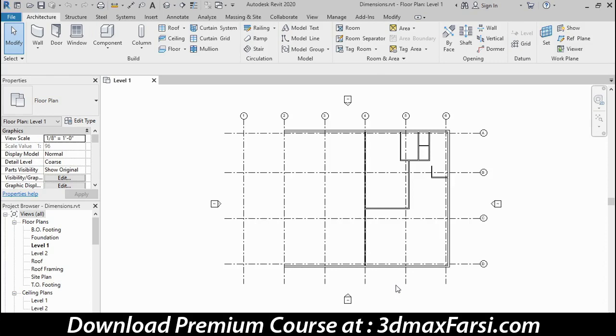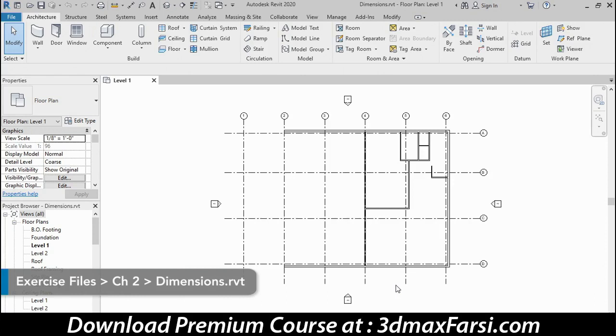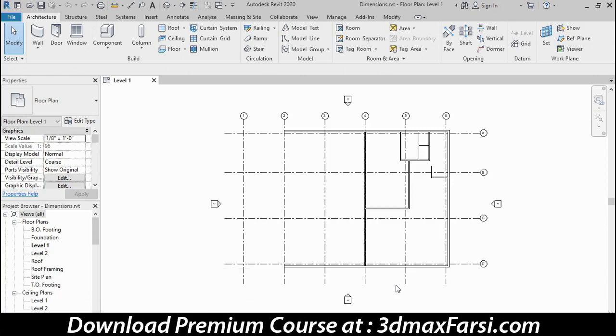When you first begin your wall layout, you'll often sketch in the approximate locations of the walls and then come back and manipulate those more precisely later. Now, this is appropriate for early schematic design, but at some point you're going to need to start refining that layout to make everything more precise. Now, there's a variety of ways we can do that, but the way that I want to demonstrate here is